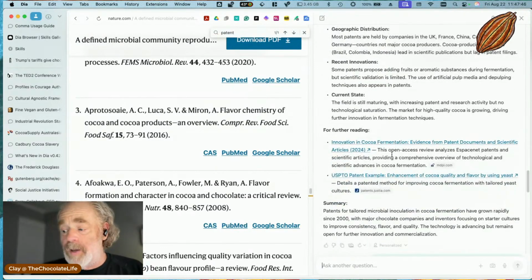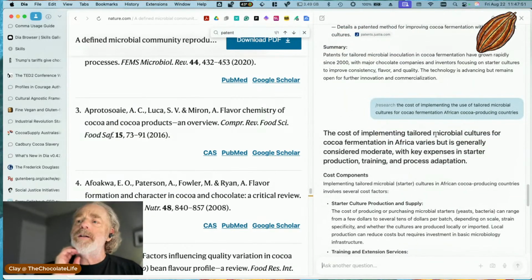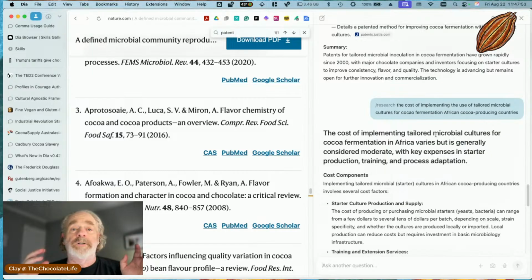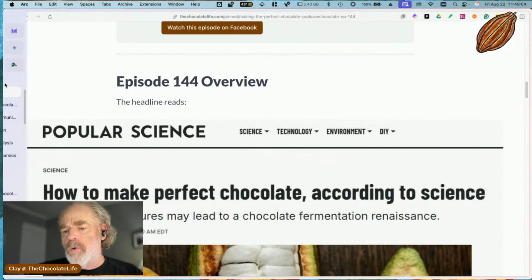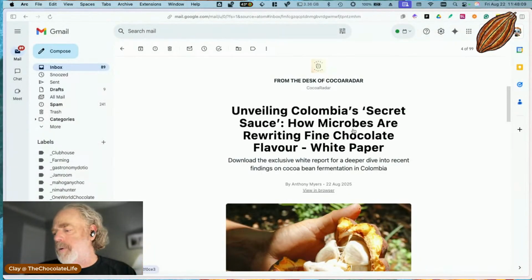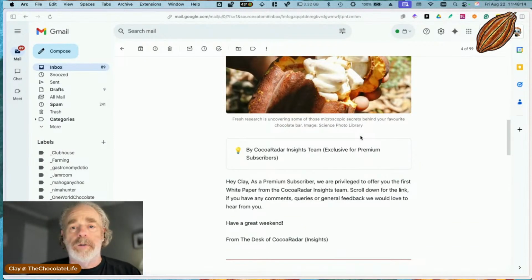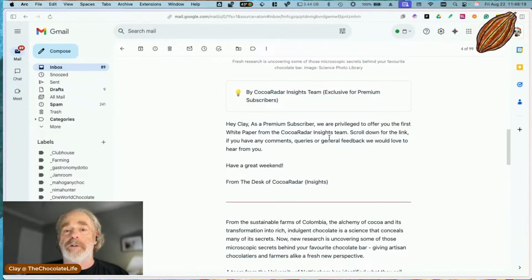And also gave me some additional reading to do. But then I wanted to ask it a question, which I think is fundamental to the entire line of questioning. And it's one of the things which was not touched at all in this Cocoa Radar article. So I'm not a premium subscriber to Cocoa Radar, and so I can't download their white paper when it comes to fermentation. But what I've done is I've read the research article and I've used an LLM to ask it